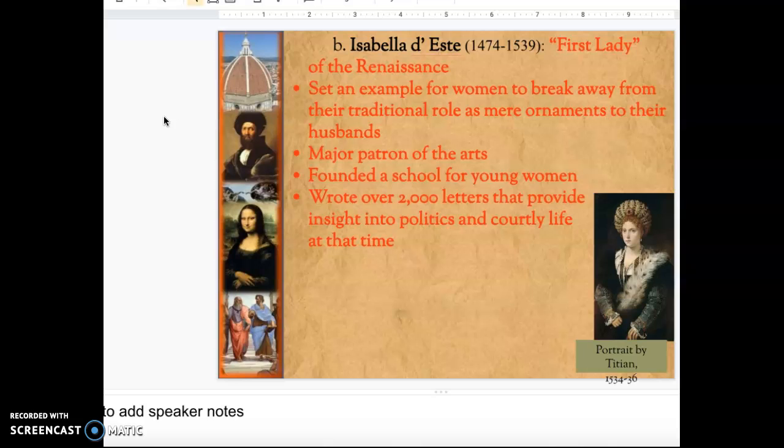She was a major patron of the arts, so we know she supported the local artists. She founded a school for young women, and she wrote over 2,000 letters that provided insight into politics and courtly life at that time. So here we have another great example of a Renaissance woman who was of wealth at the time. Moving on to our last example of a Renaissance woman,